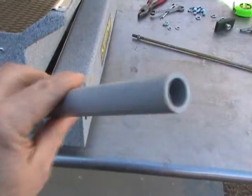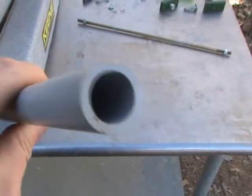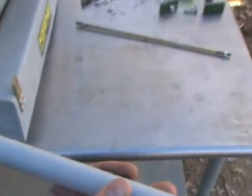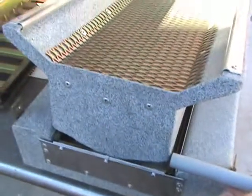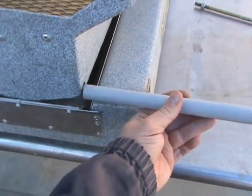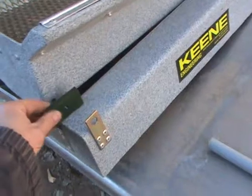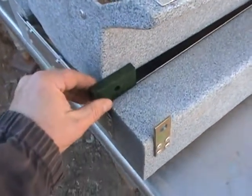Okay, I have conduit here. I don't know if I mentioned that already. It's thicker than the Schedule 40 or Schedule 30. And this is wiring conduit. Not only do we want to prevent the hopper from sliding left and right, we also want to support it. And that means adding, perhaps, a support. So what I'm going to do is